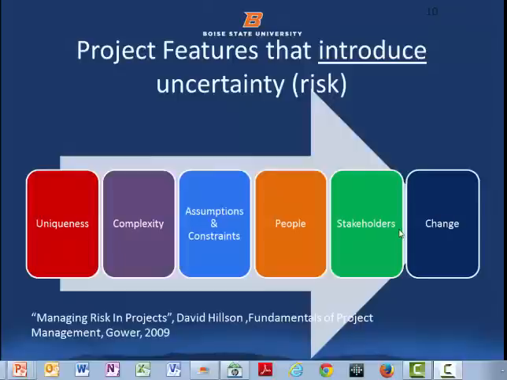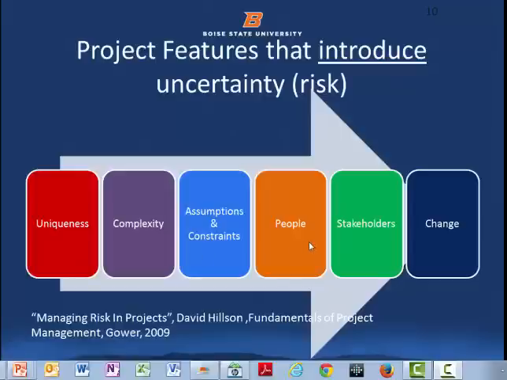People will say, boy, what are some things that drive risk in my project? Well, uniqueness. If you're doing something new, boy, that's something. Complexity. We always have people start, when they do a mini charter, with assumptions and constraints. What are your assumptions? What are your constraints? Everybody assumes it's going to go perfectly, that the minimum constraints doesn't always happen. Who are the people on your team?